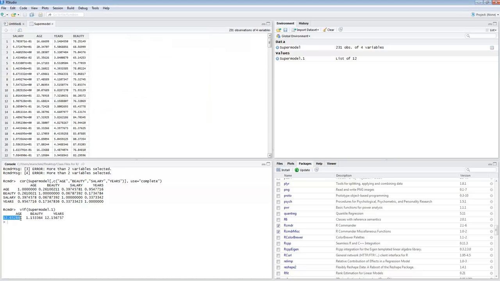If you look at age and years, we might start to again confirm, now not simply decide or guess, but confirm that there is an issue of multicollinearity here. And that would be a problem. And we may have to actually decide that we don't have a model that is valid. Let's look at